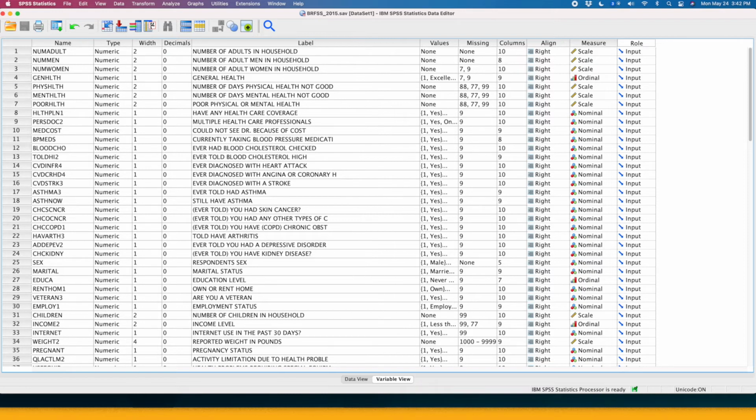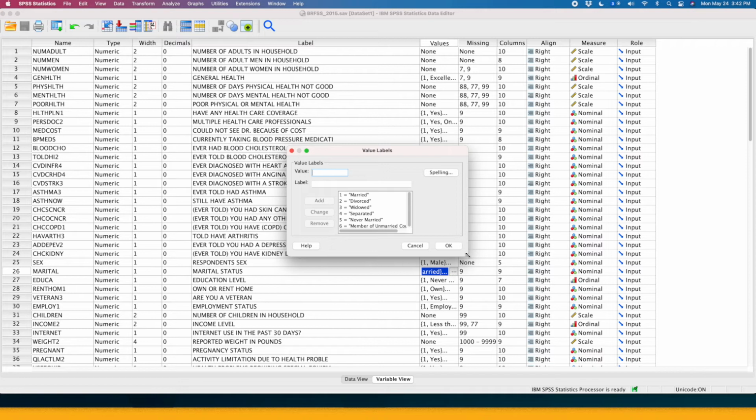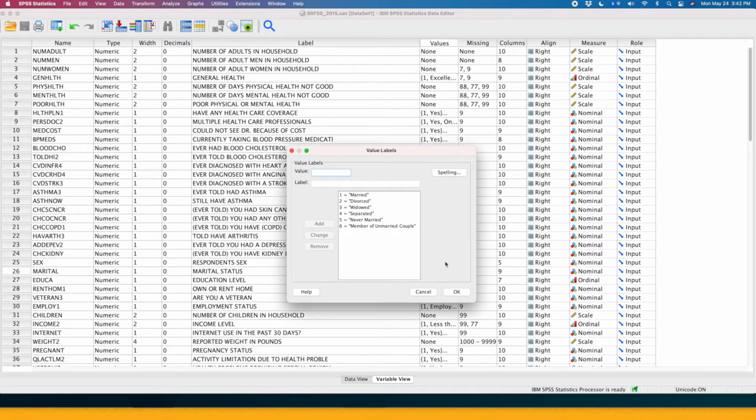I find respondent sex a bit limited for this presentation. I want to show a variable that has more levels. So let's work with the marital status variable here. You see it here in this row. And just like last week, we're going to check that this truly is a nominal variable. This has 6 levels here. It runs all the way from married, group number 1, all the way through different levels to number 6, member